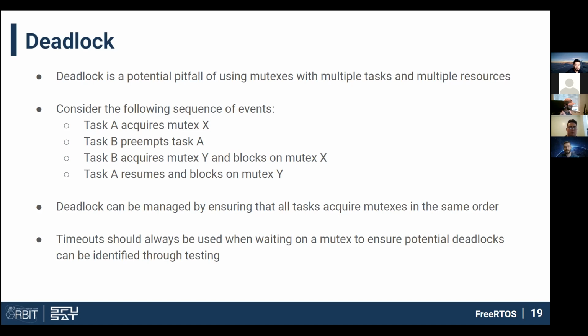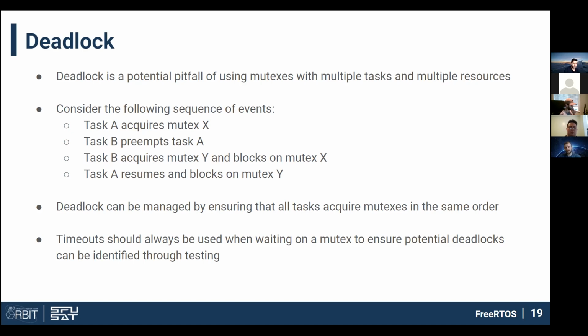So the way this is handled is by a technique called priority inheritance. When B tries to take this mutex, it would then pass its priority on to task A. So A would have its priority elevated until it finishes with the mutex, and then task B can resume. But task A tries to block on Y, which is already held by B. So now your system is stuck, you're in deadlock.